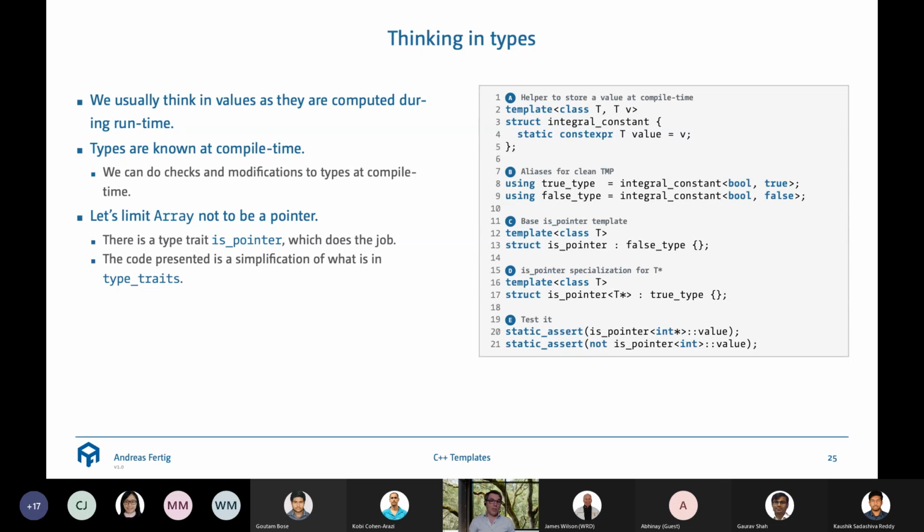By that, I can now use alias templates, can use an alias with this integral constant. Say I have a true type and a false type, and I type here integral constant of type bool, true and false. Now I have these two. And then I can say in line number 12, I have a thing that's called isPointer. It's a class template once again, and I say this takes a single template parameter and it derives from false type. And if now I use specialization in line number 16,